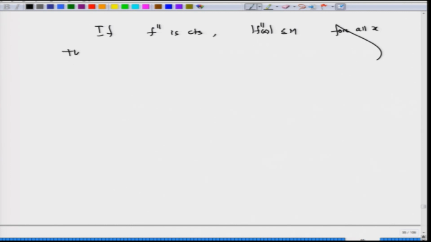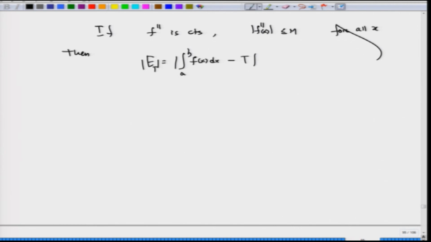Then this error, which is the mod of the integral from a to b of f of x dx minus T, where T is whatever you compute with the areas of the trapezium after fixing an n,